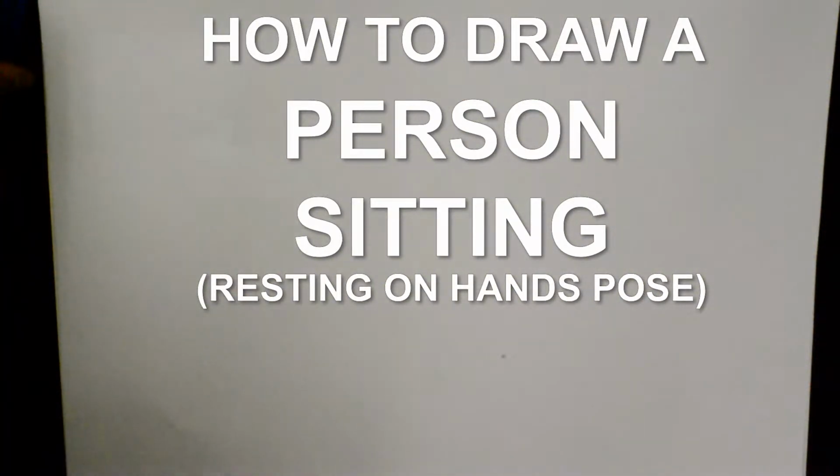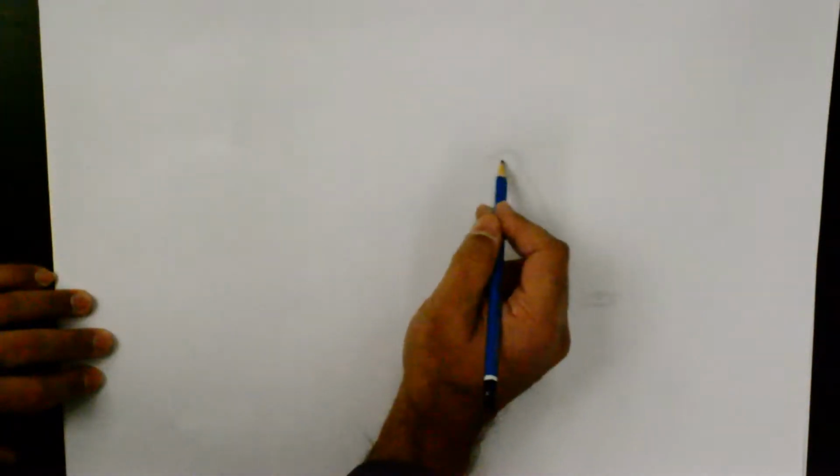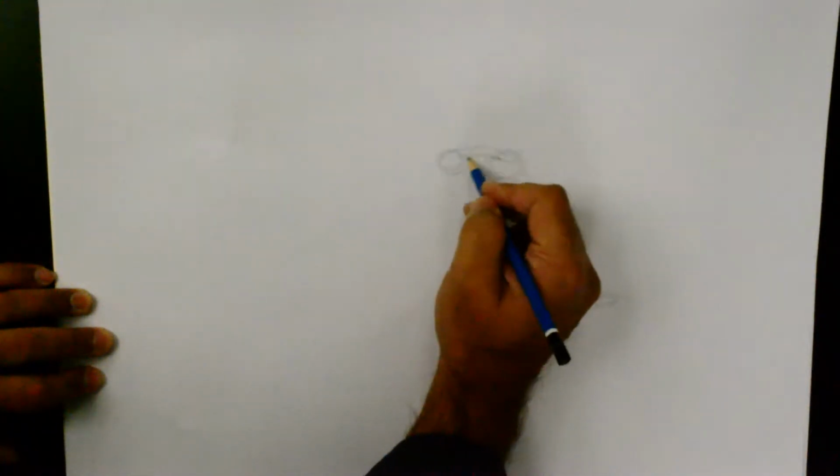Today we'll be doing a quick sitting pose, where the arms are resting behind the person, also called the L-shape pose. So what we're going to do is just have one straight line, and that is actually the arm. The hand will be somewhere around here. That would be our shoulder, and I would do a little bit of an arc to put these shoulders together. Just make a smaller delt here, larger here, arc, collar area,